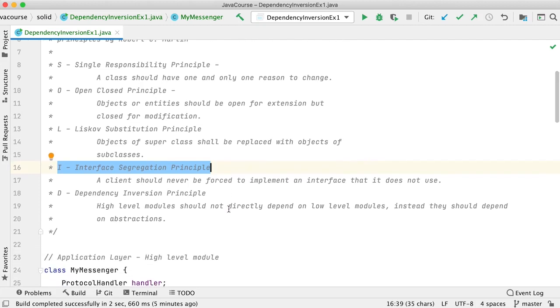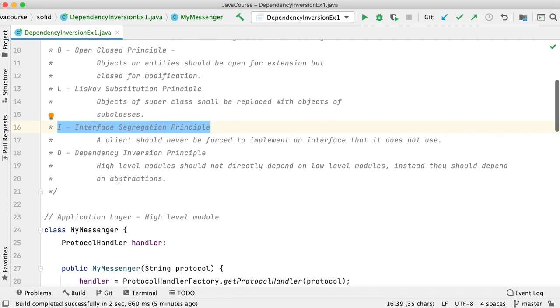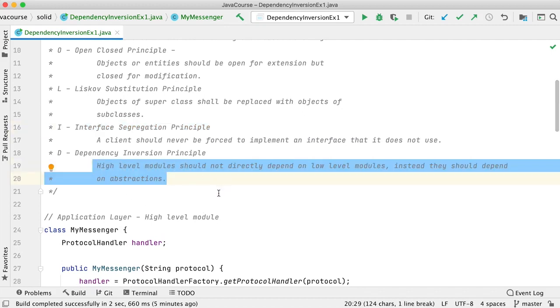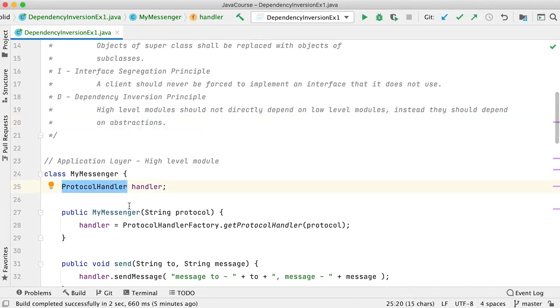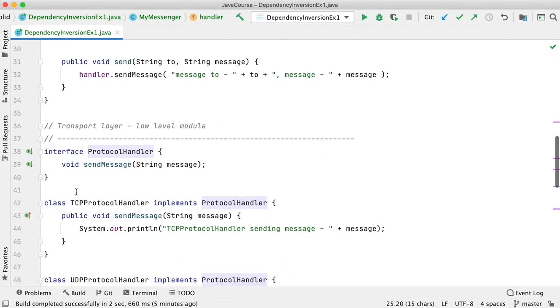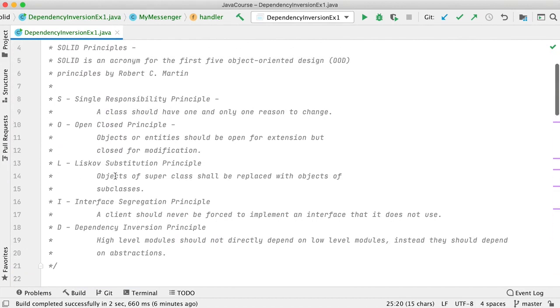And dependency inversion principle: high level modules should not directly depend on low level modules. There should be some sort of abstraction in between, like opening up interfaces, or interface based implementations, or abstract class based implementations. So don't expose the full implementation directly. Make sure that you expose an interface and let the implementation be separated out. So these are the simple SOLID principles, guys.